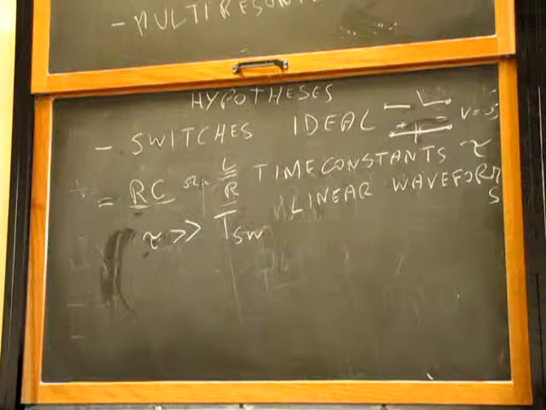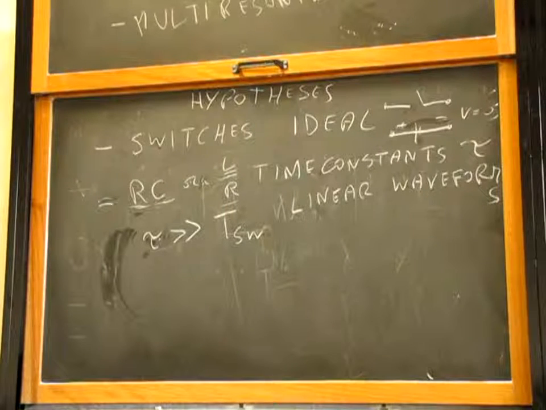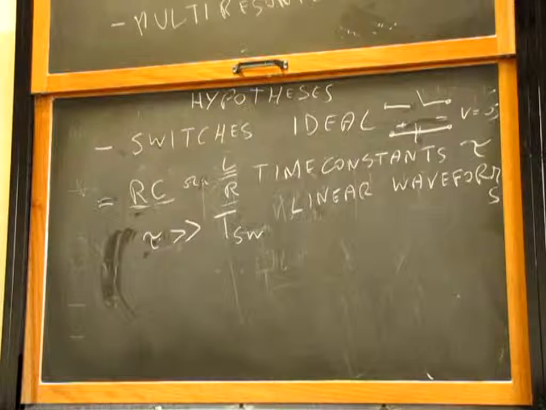Not only, but this R could also be the parasitic resistance of an inductor. An inductor is made of wire, electric wire, copper wire, and a wire has a resistance. So each real inductor, unless it's a superconducting inductor, has a resistance. The magnetic core inside an inductor generates losses, and so it looks like a resistance.